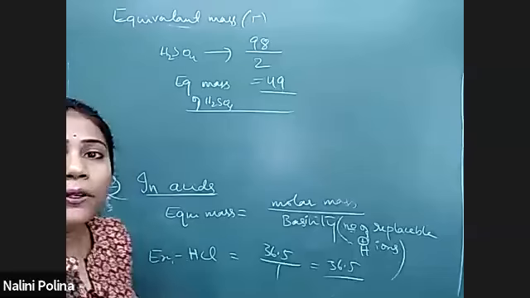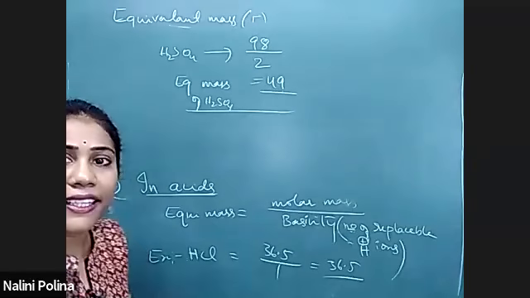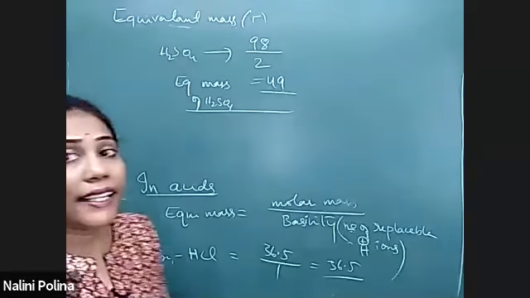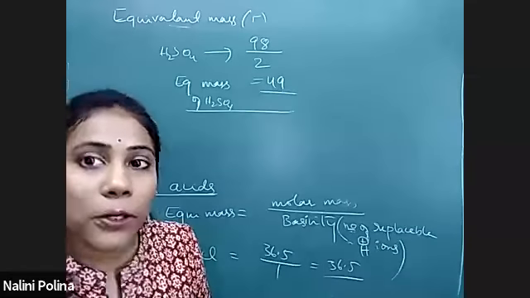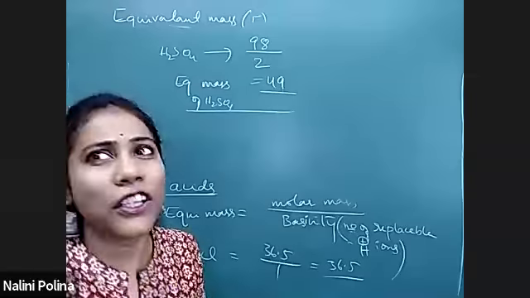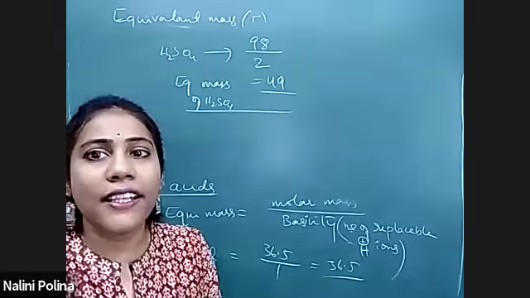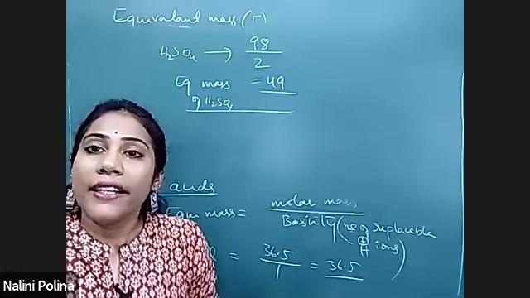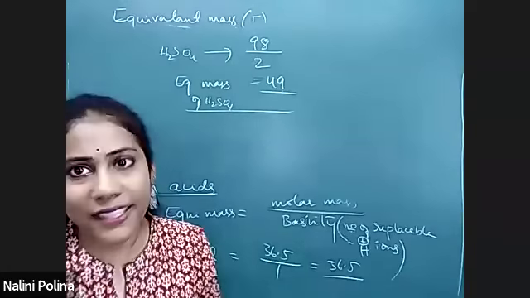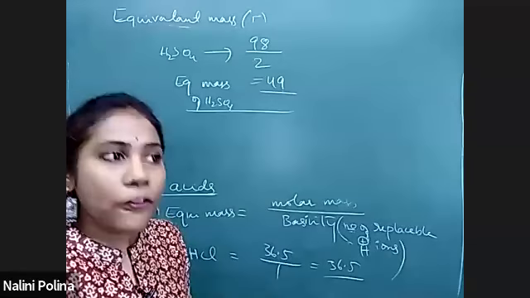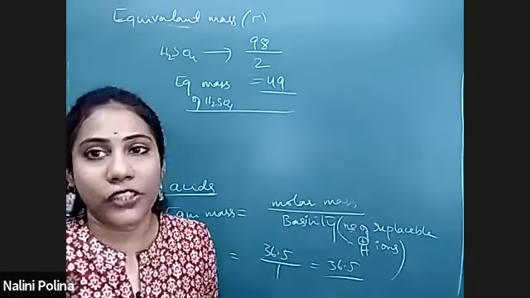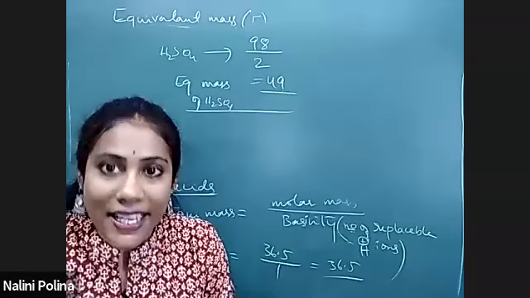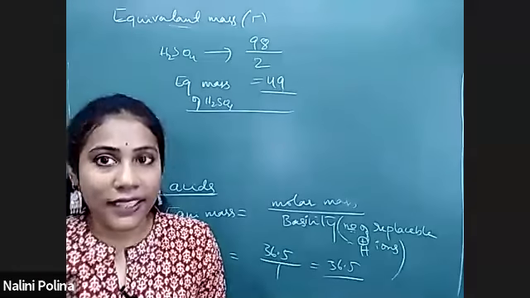Okay, there is nothing to memorize here. Basicity is just the maximum number of hydrogen atoms in the formula, that would be your basicity. But that is not true for all acids. Okay, but for HCl, H2SO4, HNO3, these common acids, the number of hydrogens is equal to basicity only. For complicated acids, you must know the reaction. For some acids like phosphoric acid and boric acid, you must know the reaction actually.